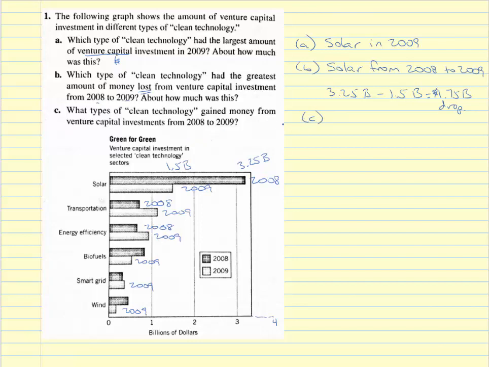So for part C, which types of clean technology gained money or gained investments from 2008 to 2009? And we're going to get more than one answer here. We don't need the biggest gain. We just want to know which ones gained from 2008 to 2009. So we're looking for those where the darker bar to the lighter bar gets bigger. So here in transportation in 2008, the darker bar shows how much was invested, increased to 2009. So we have transportation